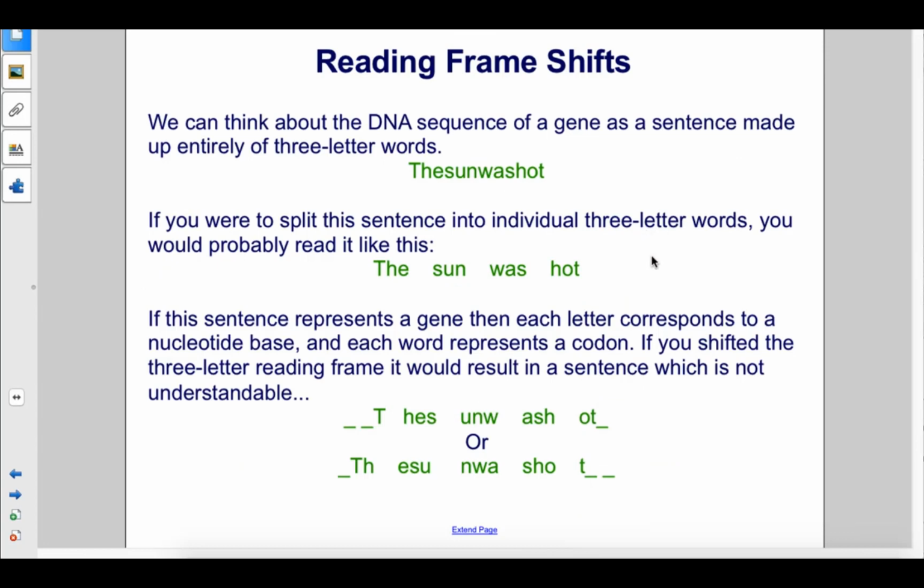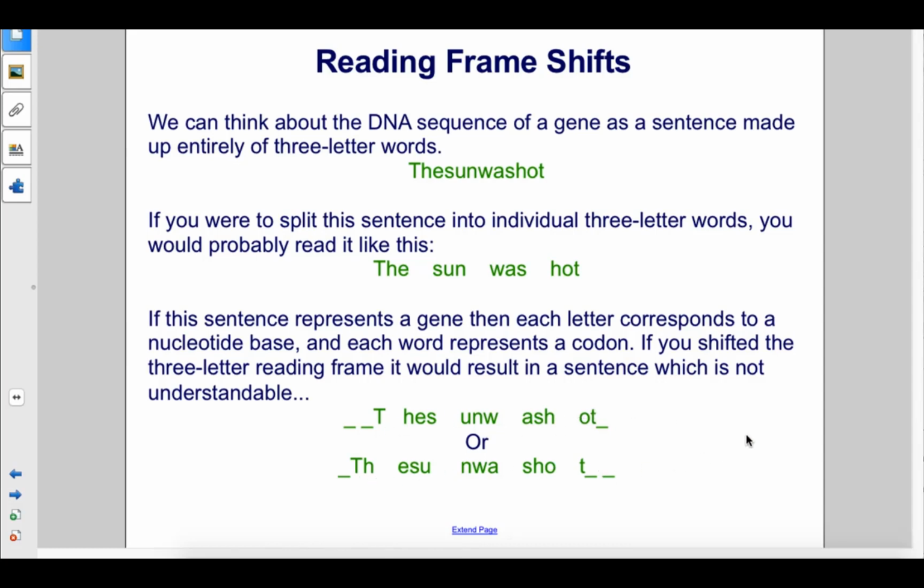We can think about the DNA sequence of a gene as a sentence made up entirely of three-letter words. The sun was hot. If you were to split this sentence into individual three-letter words, you would probably read it like this: the sun was hot. If this sentence represents a gene, then each letter corresponds to a nucleotide base, and each word represents a codon. If you shifted the three-letter reading frame, it would result in a sentence which is not understandable, such as this